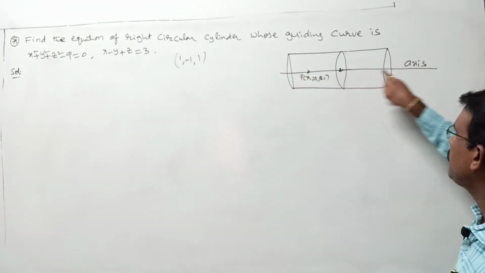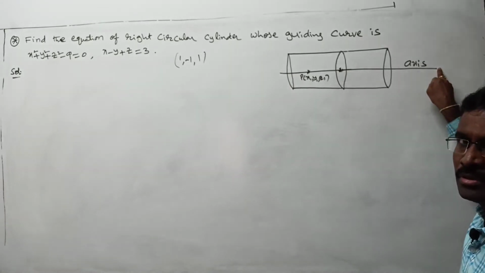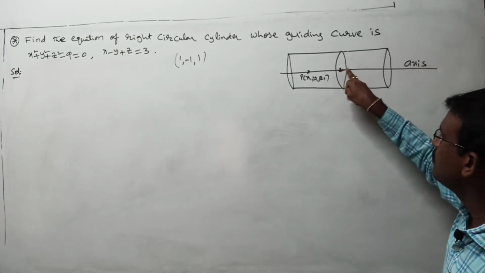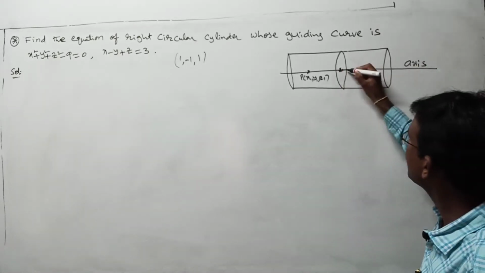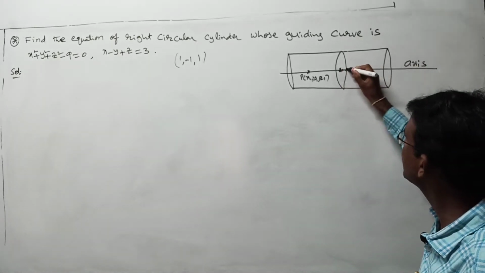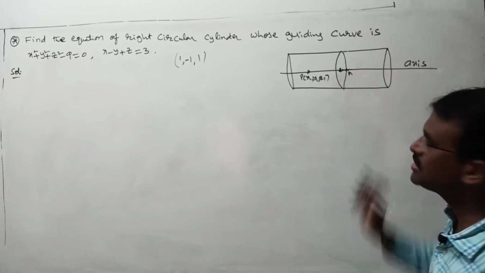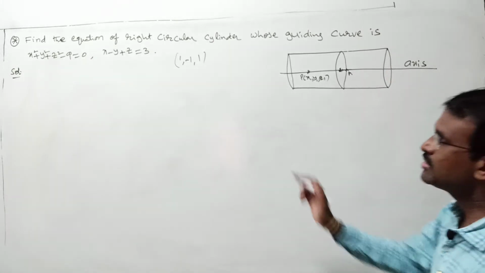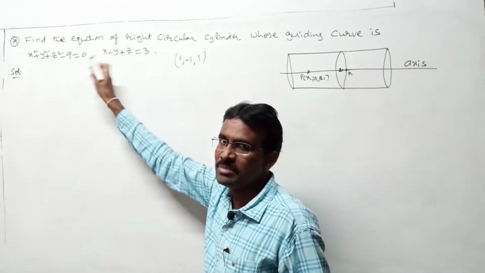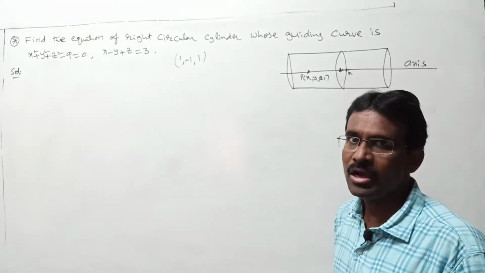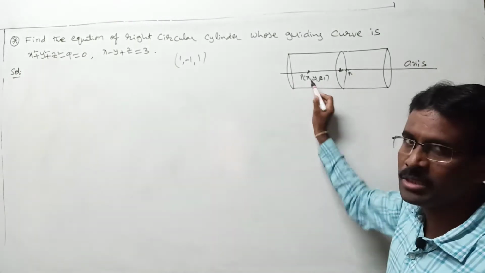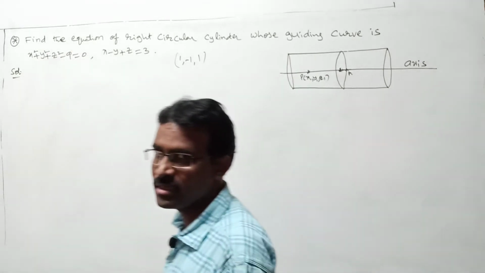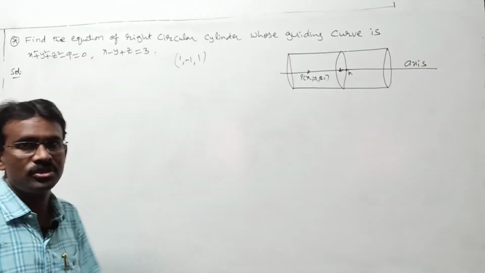Let us define a general point on this line. I am taking lambda ma. Let us take that general point on the base curve ma, somewhere here or here, right? Here I want to take capital A. Whenever it is on the base curve ma, it must satisfy this equation. Substitute them and eliminate lambda ma. After that just define the locus of point P ma, you get your required right circular cylinder. That is a total outlook of this question ma.